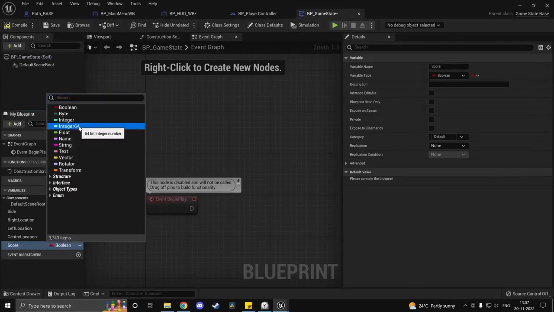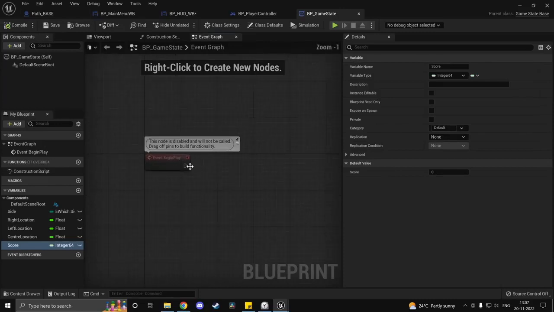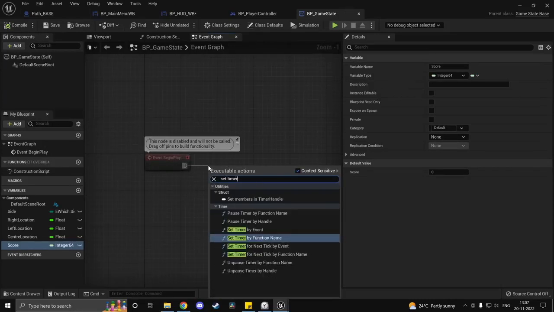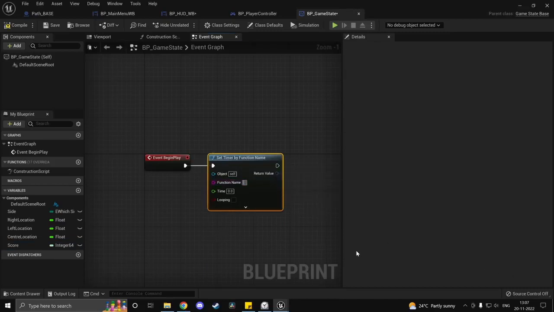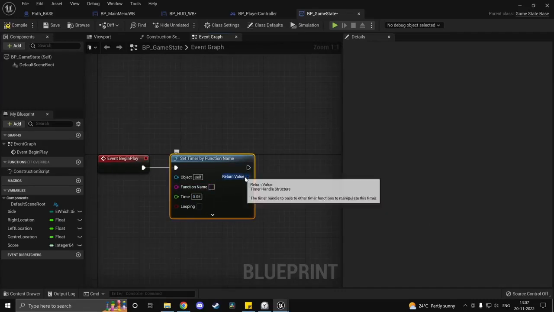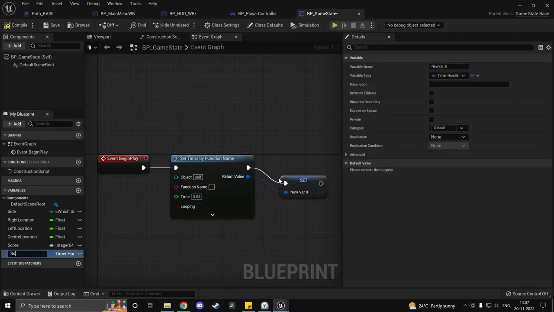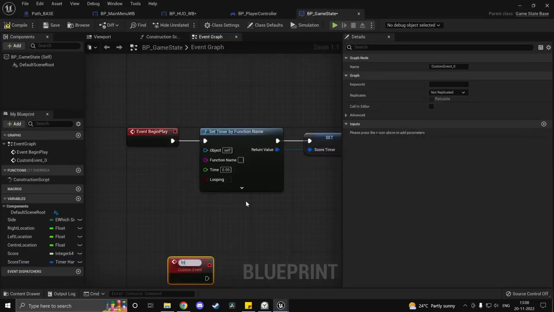So we'll make this an int 64 so that we can have larger scores. So int is a 64, and we can have a timer. So set timer by function name, and it's going to be something which happens every 0.5 seconds, let's say, and we are going to increment the score. So promote to variable, score timer, and we can have a custom event,